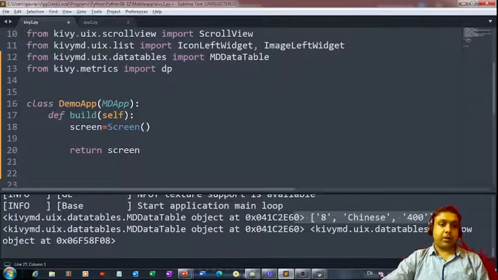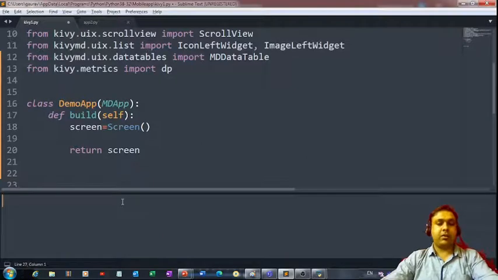So in this one we are going to again talk about some more basic things related to the KivyMD library, which we can use for developing various kinds of mobile applications. So let's, without wasting any time, dive into the lecture and check out how we can create different kinds of tables and add different features to those tables using KivyMD in our mobile application, right?